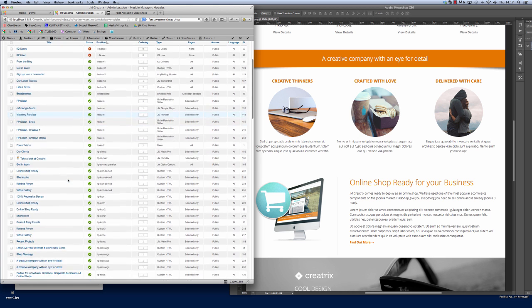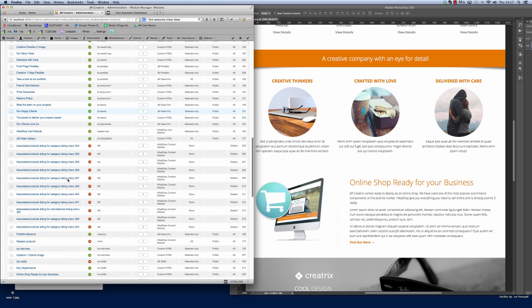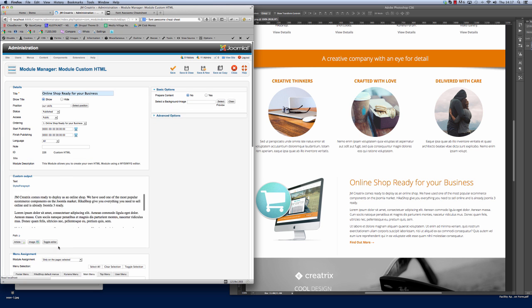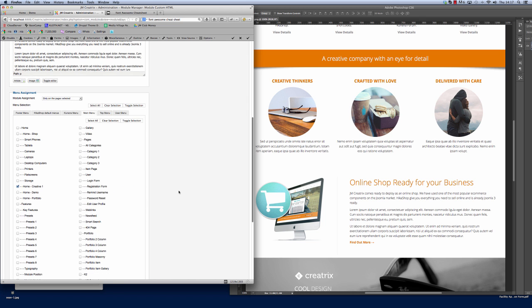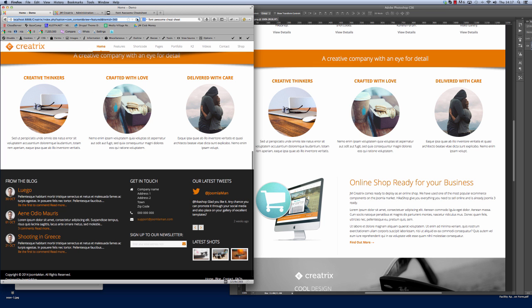And then the same for the online shop ready. So it's in the Our Services, Our Skills one. So if we go here and go for the online shop ready for your business, that's there. So we click on that one, and again, I don't need to change the module position. If I just assign it to that page, save and close that. Now if I refresh this page, these two modules will now appear,